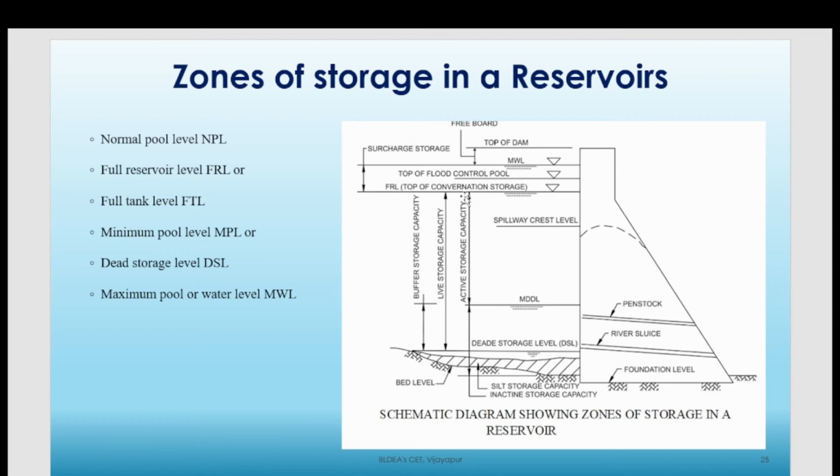Now safe or firm yield is the maximum quantity of water that can be supplied even in the worst or critical dry period. Assume that there is a worst drought, because of which there is no rainfall at all, or minimum rainfall. Even in that minimum rainfall period, how much water we can supply to our users is called safe or firm yield. Secondary yield is the quantity of water available in excess of safe yield during periods of high flow.